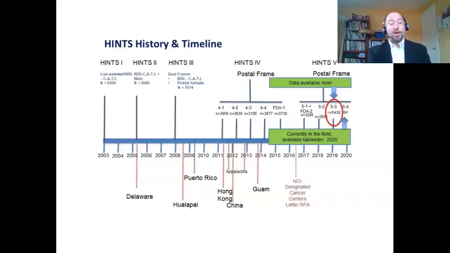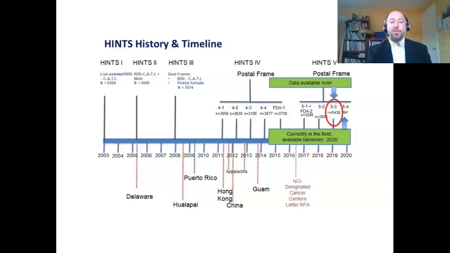I should also point out on the bottom there, you can see some other offshoots of HINTS, either done at a state level, or particularly Puerto Rico did it as a U.S. territory. And again, you can see some other efforts that were done, some of them international, like in Hong Kong and China. Now, these aren't necessarily official HINTS surveys, but they use HINTS items. So we're very excited to see that because, of course, it really allows opportunities to make comparisons across surveys and these kinds of things. So we do encourage people to use the HINTS items where possible.